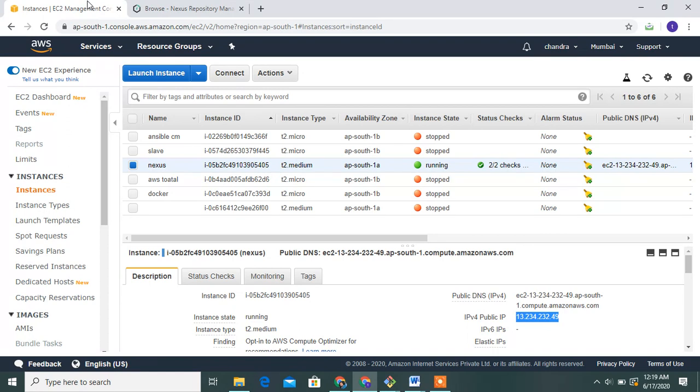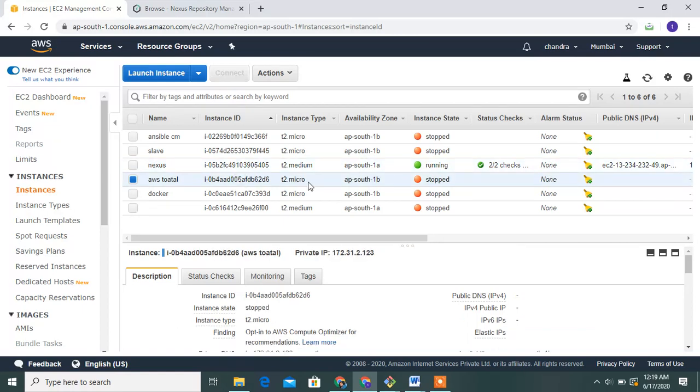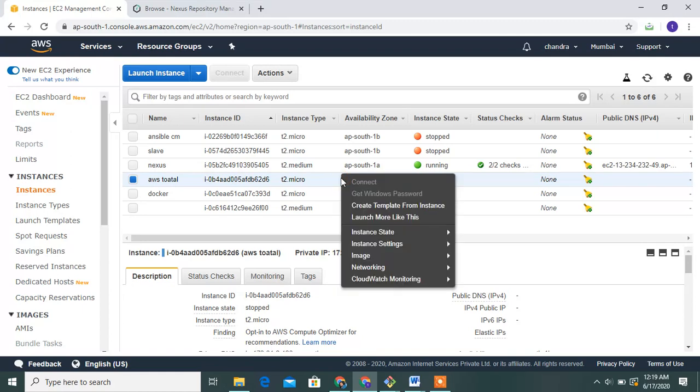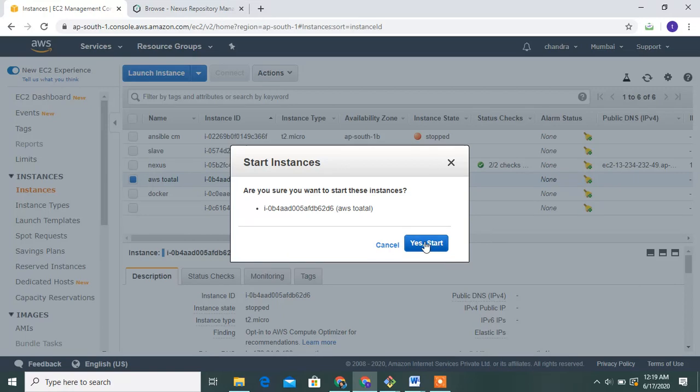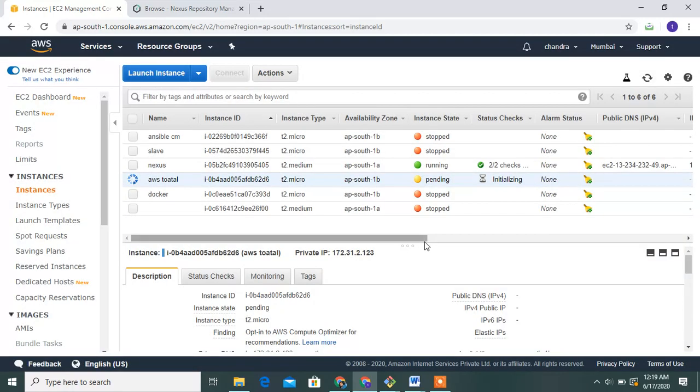Go to my EC2 instance and start the Jenkins server. I will definitely do how to install Jenkins and how to configure Jenkins in the next video, guys.